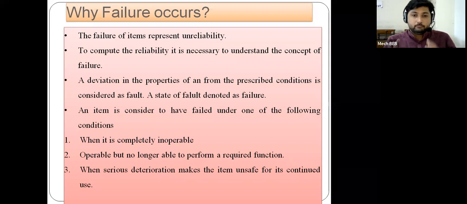So here, if the guarantee or warranty period or the working lifespan of that particular product is completed, that is nothing but deterioration of that product, and on a continuous basis the product shows malfunctioning in its functions, or it is not performing its task properly, and these products are unsafe for the workers who are going to work on that product. So that product is also considered a failed product when there is serious deterioration, or when a product is not safe for use. Okay, so these are some of the reasons for failed products.